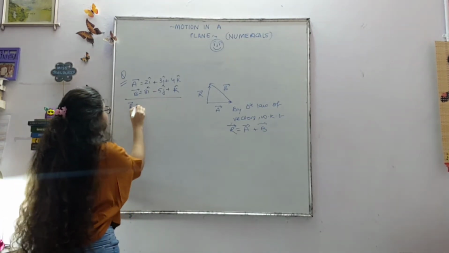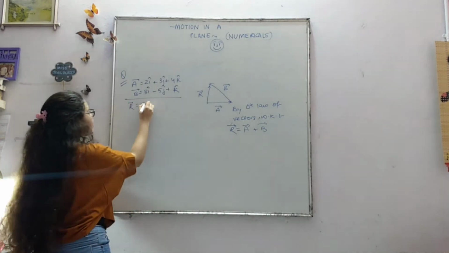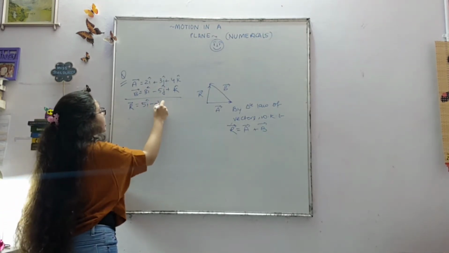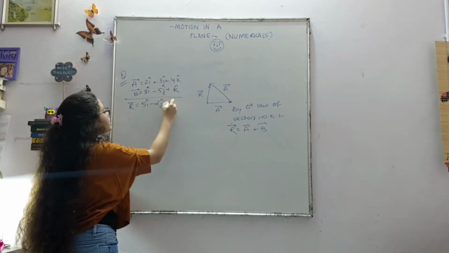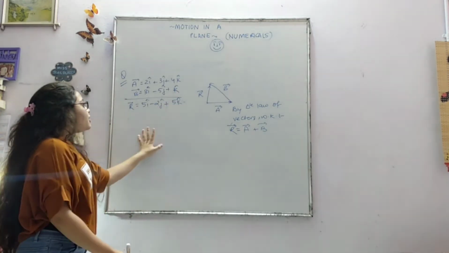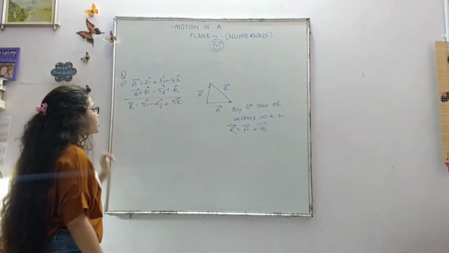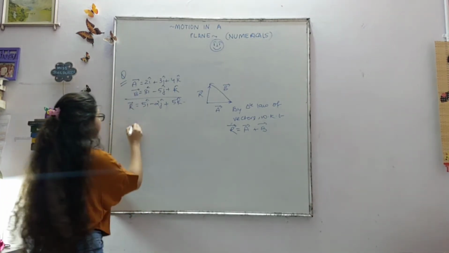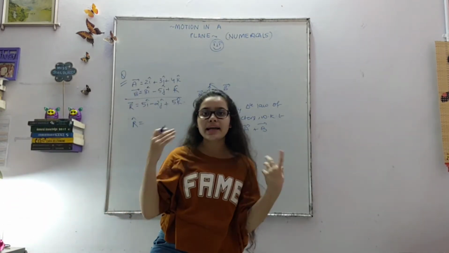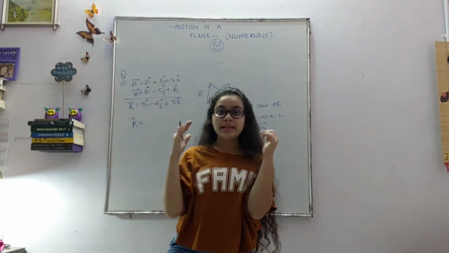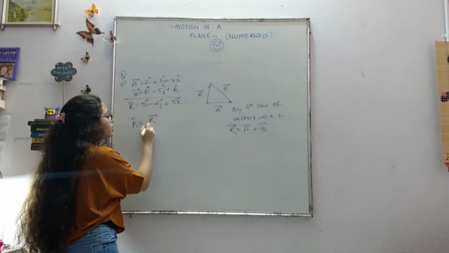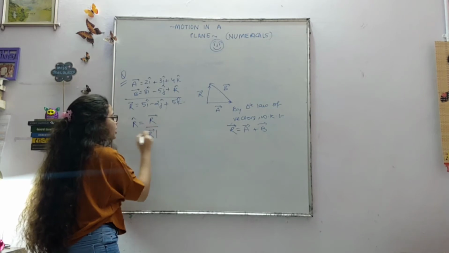Add these two, that is 2I cap plus 3I cap, 5I cap. 3 minus 5 is minus 2J cap, 4 plus 1 is plus 5K cap. How do you calculate magnitude of this vector? Because what do we want to find? Unit vector. Again I'm repeating the definition again and again. I'm emphasizing on it, so please register it. Unit vector is the ratio of vector to the vector's magnitude.